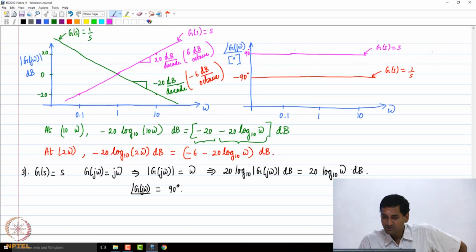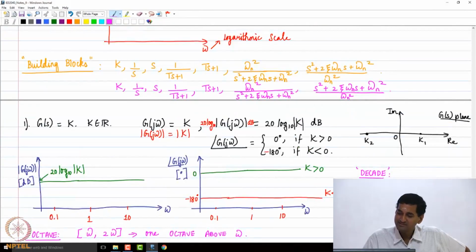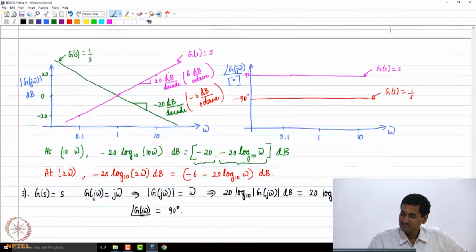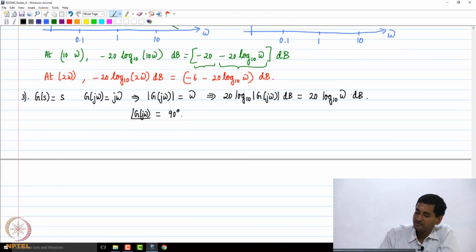Okay. So what we have done till now is that we have done 3 factors. We have done k, we have done 1 by s, we have done s. So what we will do is that we'll do the first order factor in the next class. But before that, of course, just so that you remember,